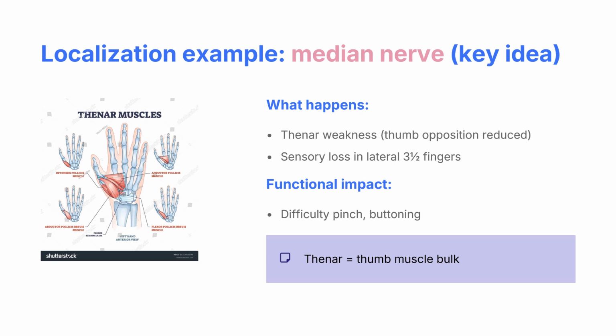And functionally, the patient will struggle with pinching activity, buttoning activity, or any kind of fine motor movements like writing with a pen, holding something. Okay, so this will be the problem. So broadly, you consider that if the median nerve is affected, then the opposition movement of the thumb will be affected. Next,